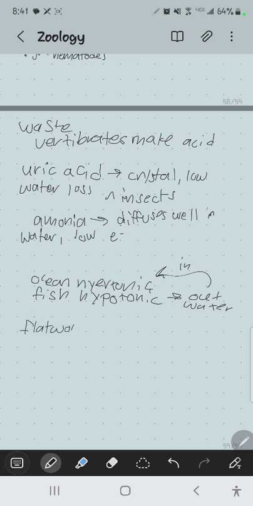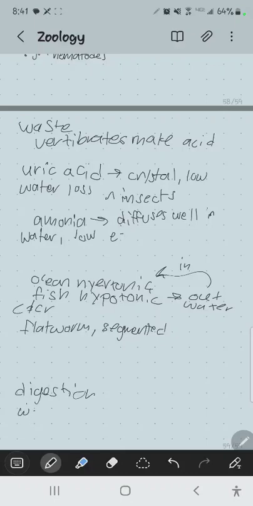So it'll be based on the physiological features. So there'll be a question related to digestion or gut tract evolution. There'll be a question related to adaptations for water balance, for maintaining